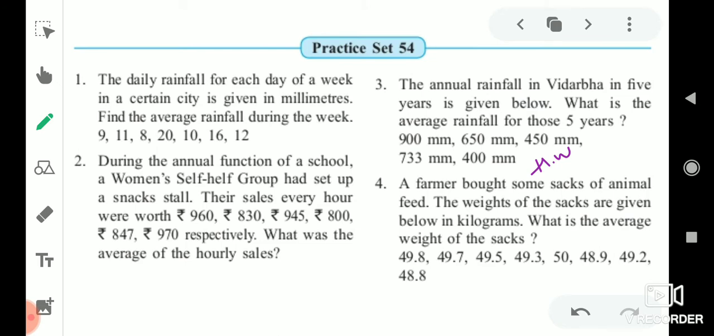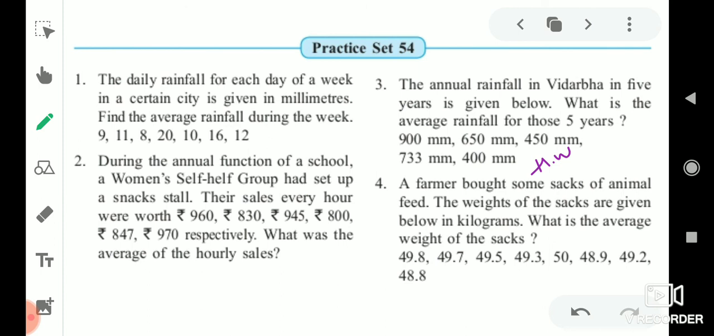A farmer bought some sacks of animal feed. Weights of the sacks are given below in kilograms. What's the average weight of the sacks? There is a farmer